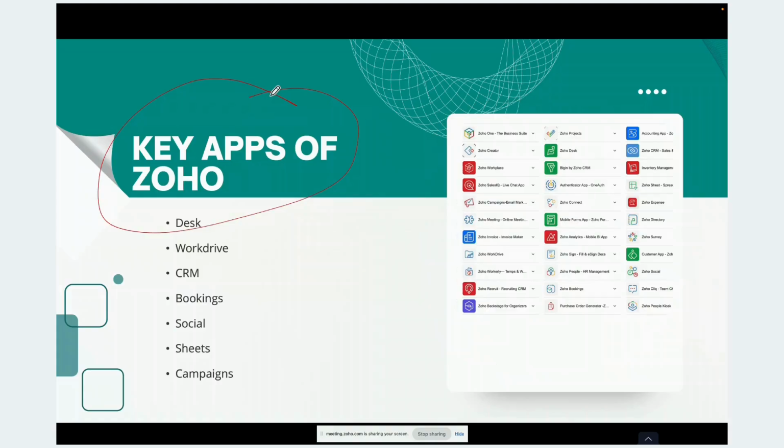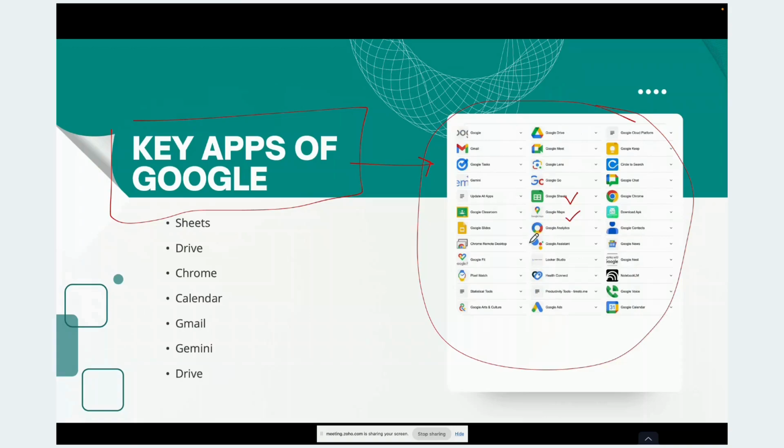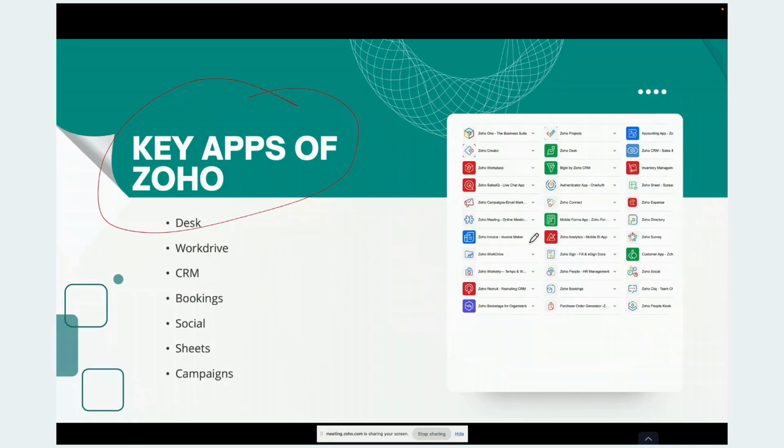They have similar applications; here also you find Zoho Sheet, Zoho Bookings, Zoho Calendar, Zoho CRM. Everything is the same as Google. Almost 90% both are the same. Whatever Google provides, Zoho also provides. But the best part is they give you a clean slate and the complete coding, or an easy coding system, through which you can design and customize things according to you. That's why developers and all technology guys generally use Zoho. That is the only reason.